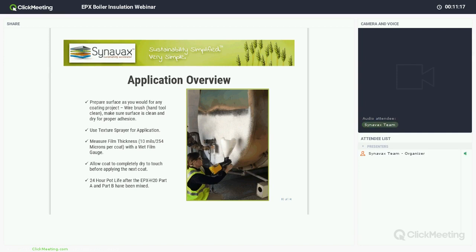And you just want it clean and dry for good adhesion. The texture sprayer makes it very easy to spray over a heated surface, or even a cool surface if you're not going over a heated one. And then, of course, you want to measure the film thickness to make sure you get the right thickness of each coat